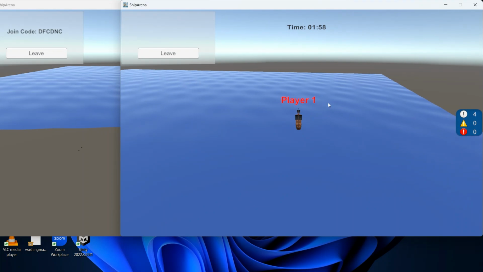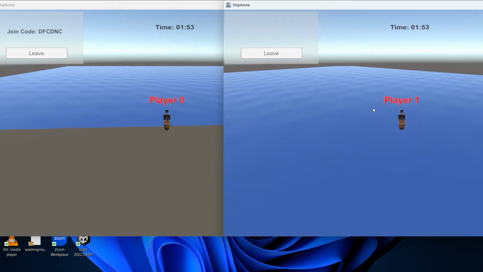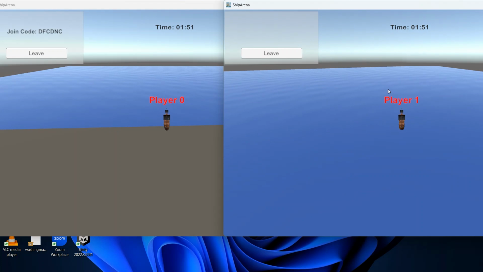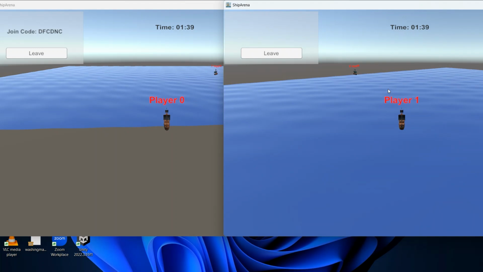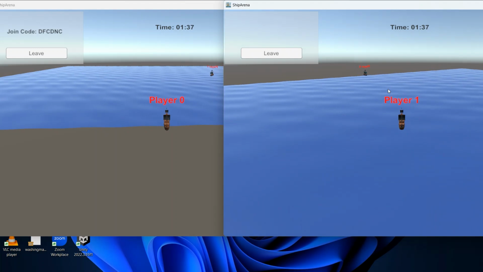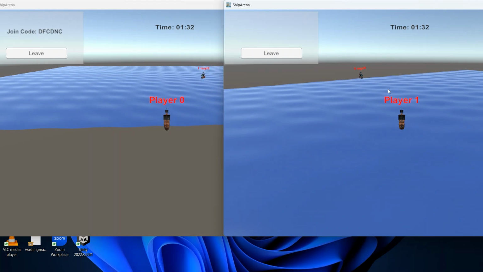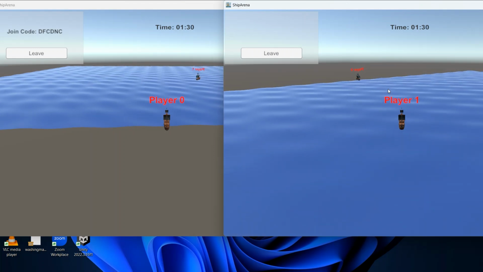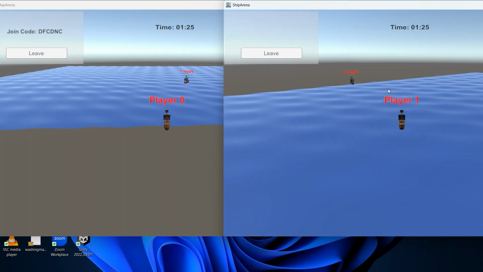As you can see, we have here the boat and the other one. We can see our enemy. In here, we have a player health. Each player has 100 health, and the damage of each cannonball is 20.